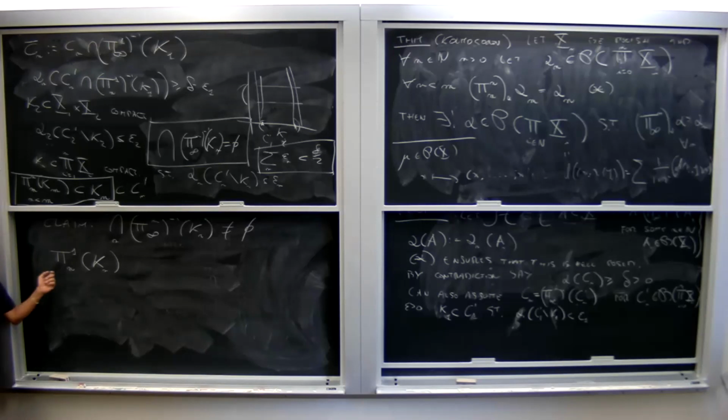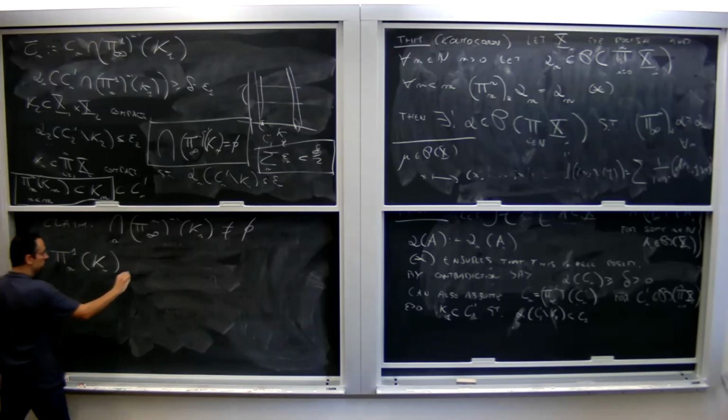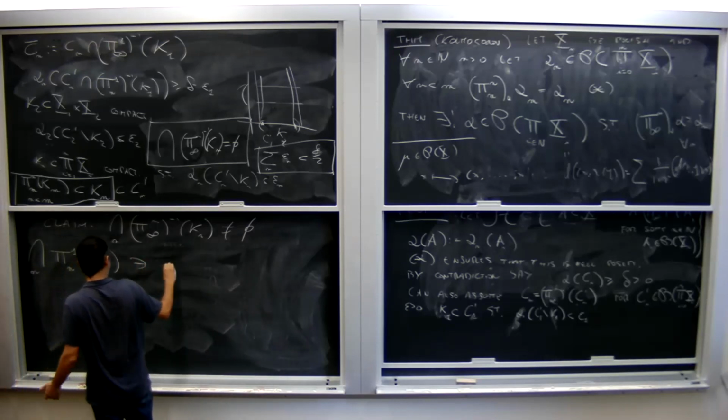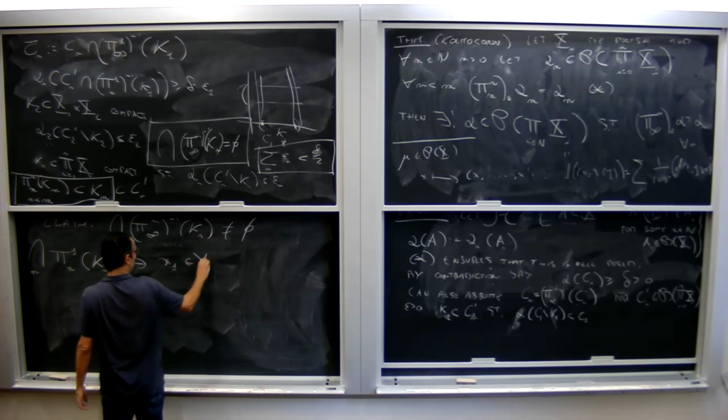Okay. For every n, this is the projection of a compact set in the product of n spaces onto the first coordinate. So this is compact. Okay, and in n this decreases. Right? But these guys are never empty because they're projections of a non-empty set. So this intersection is not empty. So there exists, say, a point x1.